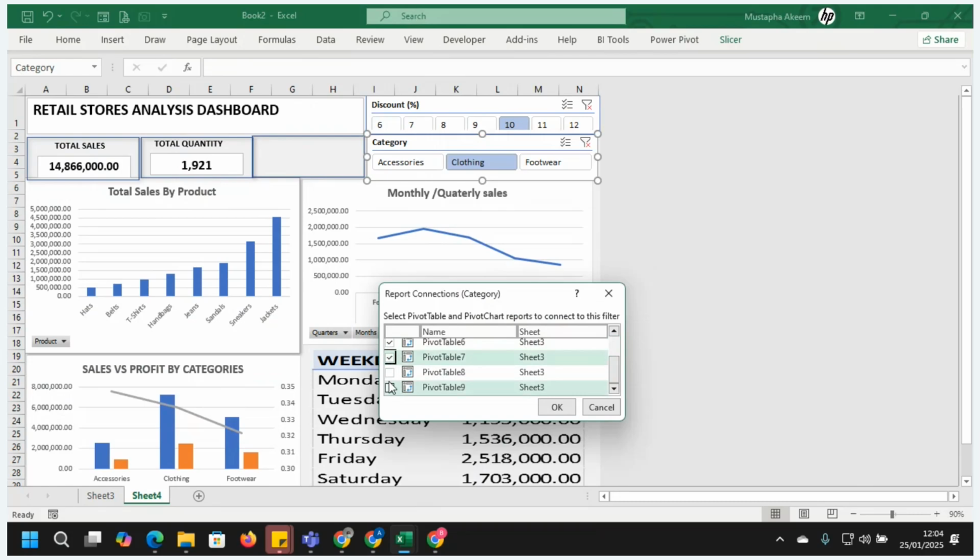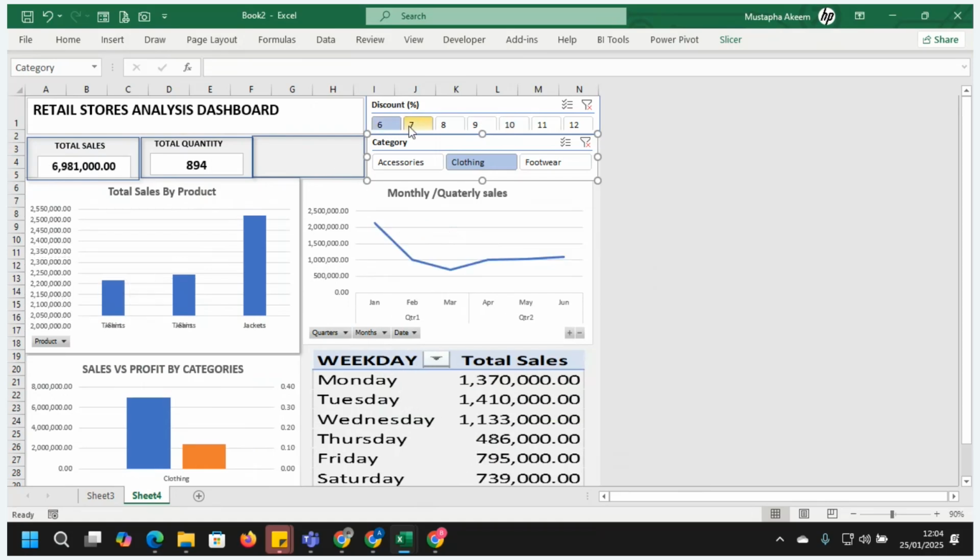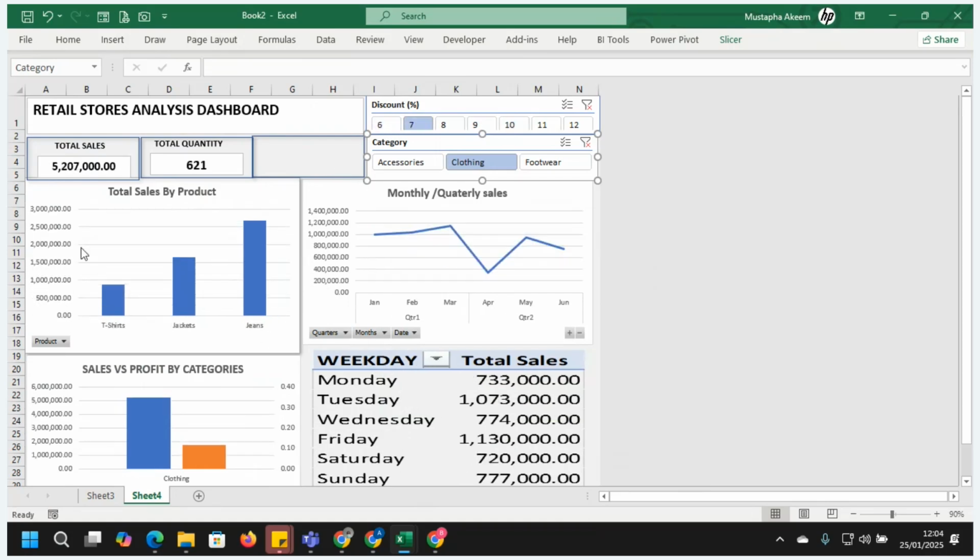The pivot table is actually the one interacting here, not the chart, the table that we are interacting with. So you can see now from this clothing, we only have 3 types of clothing material here, and you can see when we have 10% discount, this is the sales made. When you have 6% discount, you can see all this. If you like, you can remove all this and put the numbers on top of this, and those are other things you can also do.